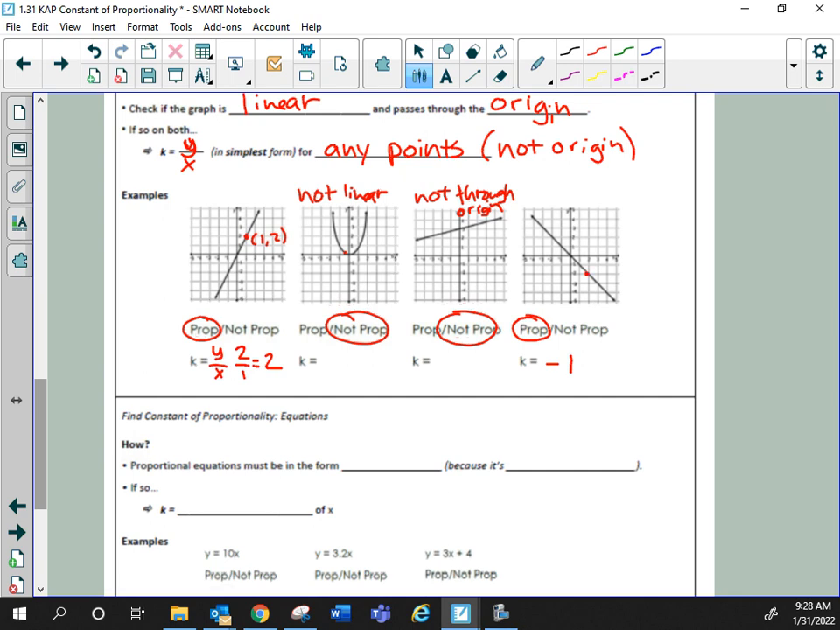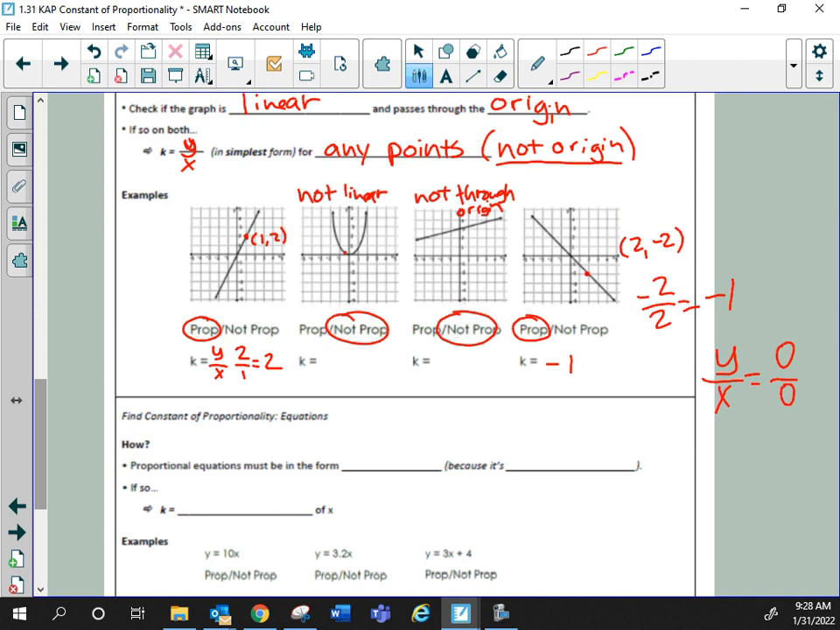So this one right here, that's a point. The ordered pair is (2, -2). So if I put -2 over 2, that's just -1. Now, again, the reason why we don't use the origin, it does have to pass through the origin, but the reason why we don't use it when we're finding that constant of proportionality is because it wouldn't fit in with the rest of them. If I put 0 over 0, well, we'll learn this later in life,